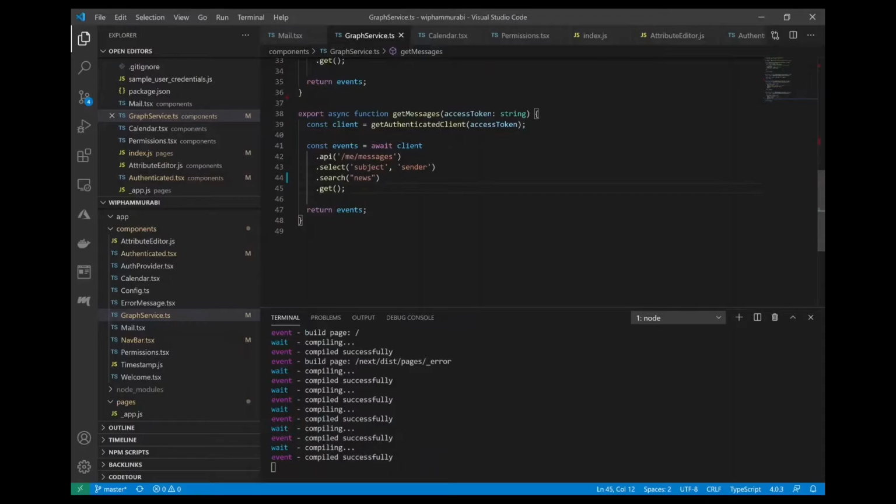So here I'm adding a search function to return only mails that are related to news, because I don't want everyone to see my private mails here. So what getMessage does is that it calls the Graph API using the authenticated client. And this authenticated client is not something I coded as well. It's something that I reused